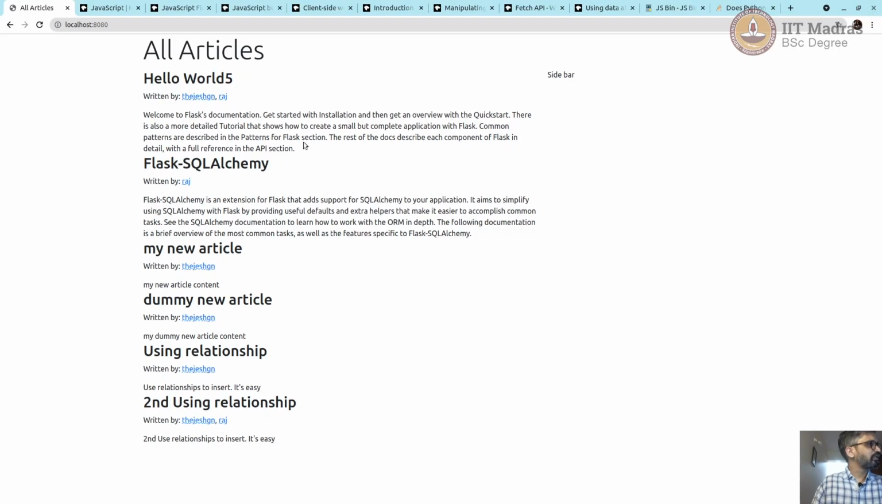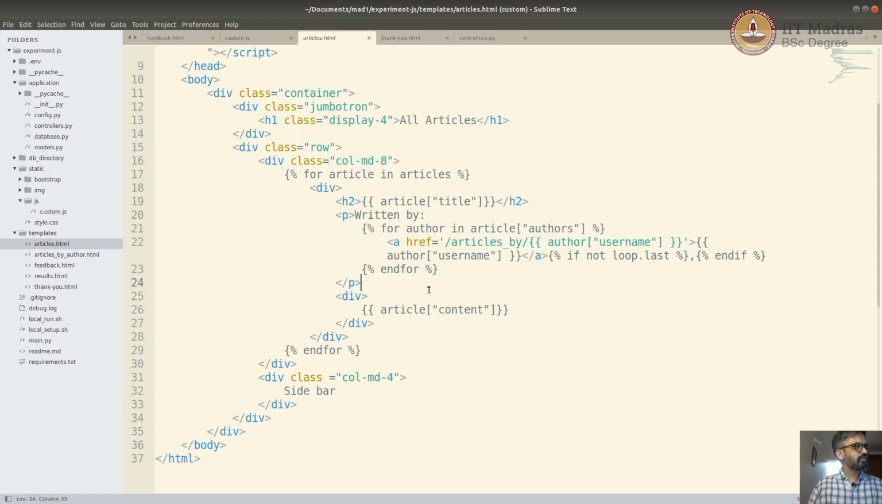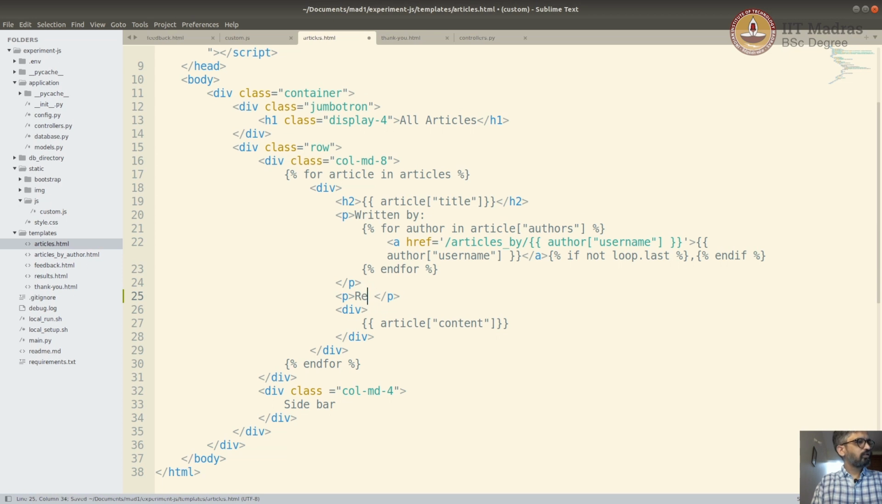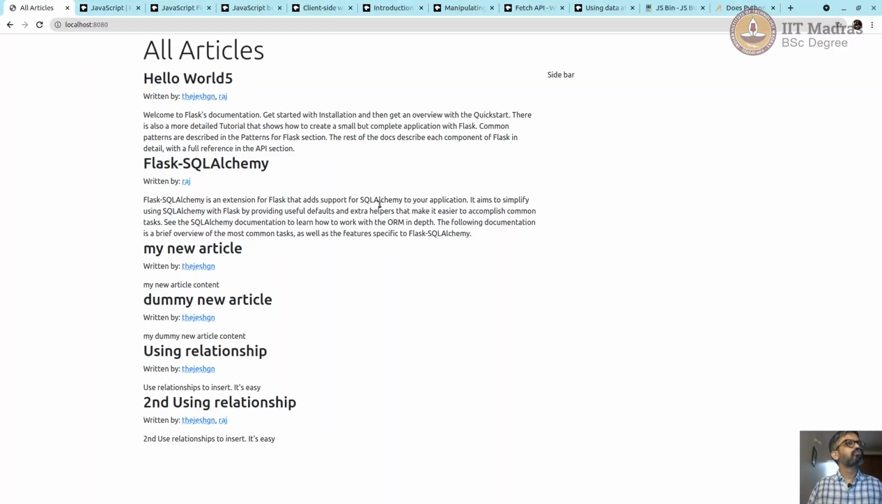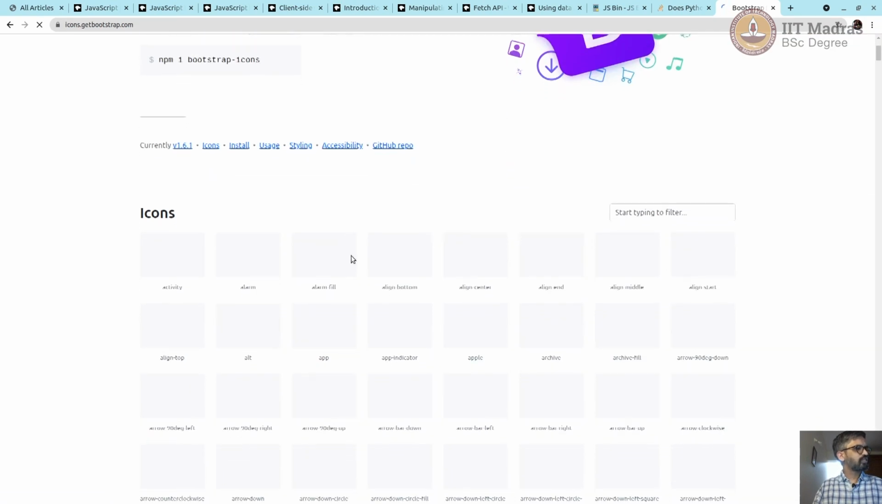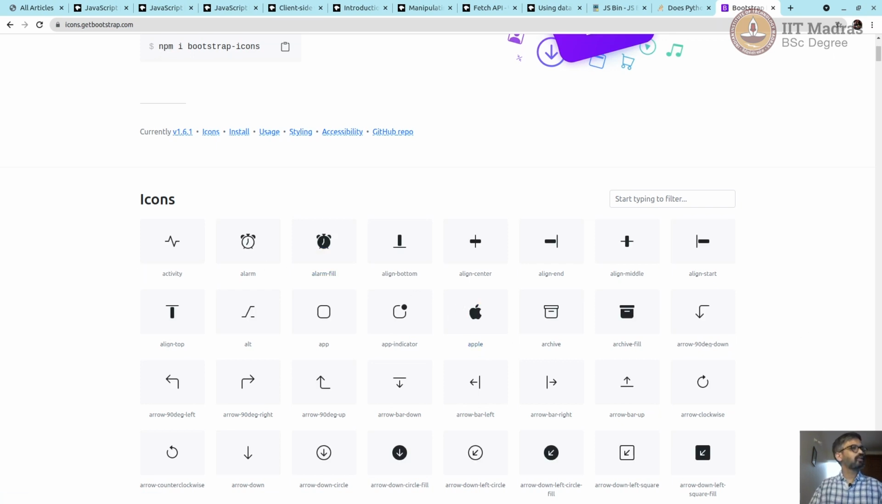Let's say on the title, just after written by, I want to show an icon here. Say, like this article, right? And I want to show a thumbs up icon using what we call Bootstrap icons. Let's search for Bootstrap icons. We can use Bootstrap icons to show all our icons very quickly and easily. Since we already know how to use Bootstrap and have been using it, I think it's much easier to do using that. Now let's add an icon symbol by